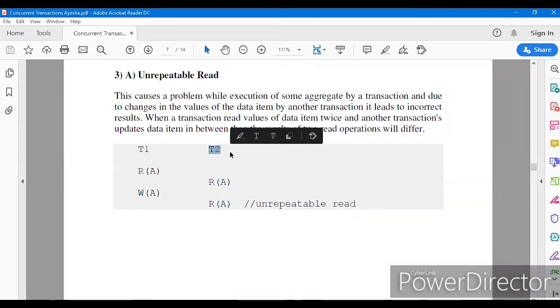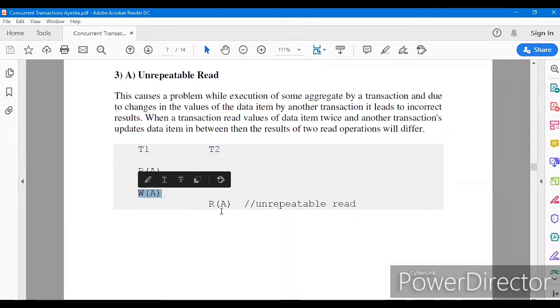So this T2 transaction will be confused, because in concurrent transactions, again I will repeat, a transaction assumes that it is the only transaction being executed. So how can a transaction have the value 5 a few seconds before and then 10 after, because it's not aware that this is happening. That is why this is called an unrepeatable read.